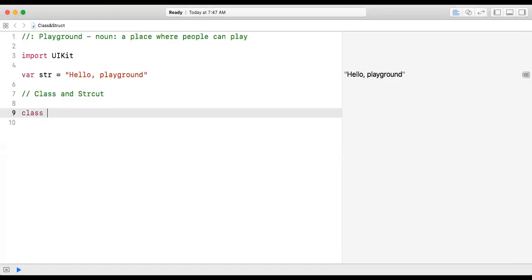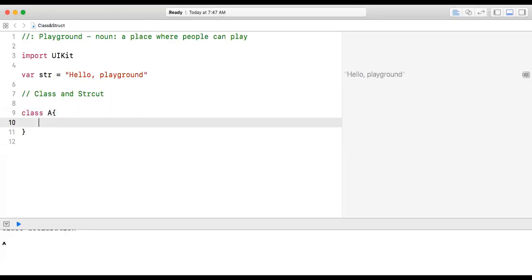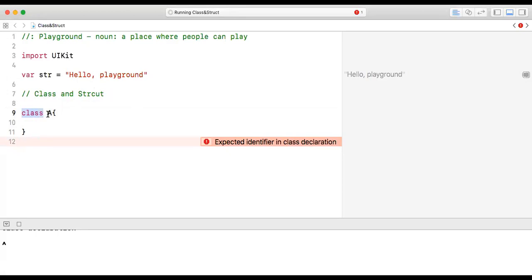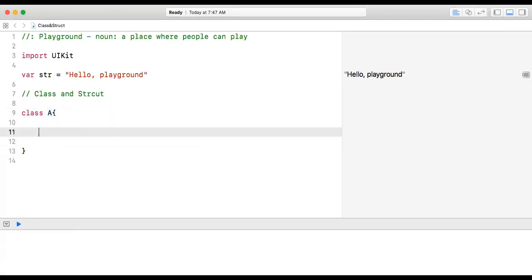To create a class, we use the class keyword followed by your class name. The class name can be anything that you provide. So I have given a class, and my class name is A. Now in the first classes we have seen how to create a variable. In the class now we can create any kind of variable. So now if I want to create a variable,